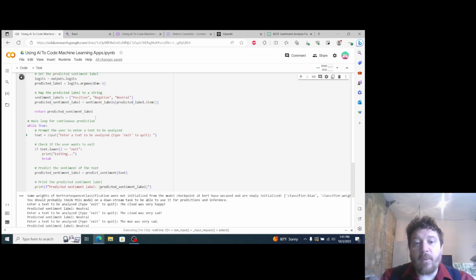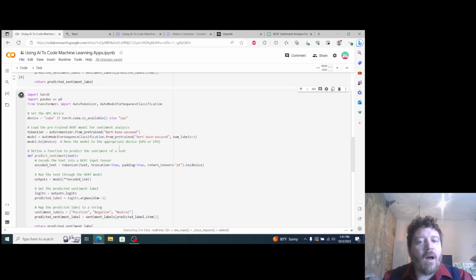If we train this better, there's a few things that we can do to improve this model from here. We can train this model better and actually give it data, and we can utilize a better model. So we're utilizing the BERT model, running it on CPU, and we're using BERT base uncased. So we're using a very simplistic model that is untrained in this particular use case, and we're giving it just a very simple string of positive, negative, and neutral,